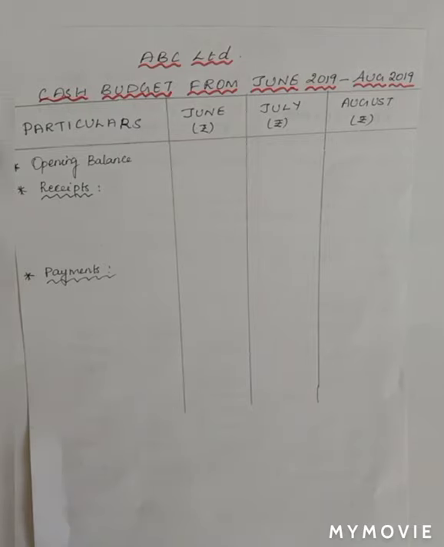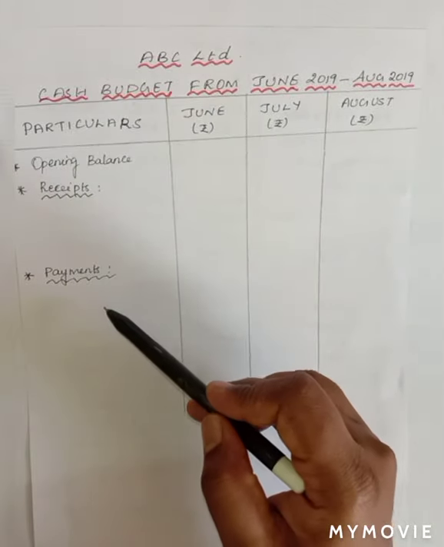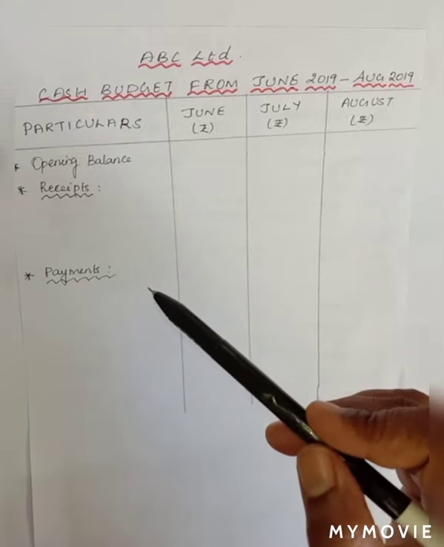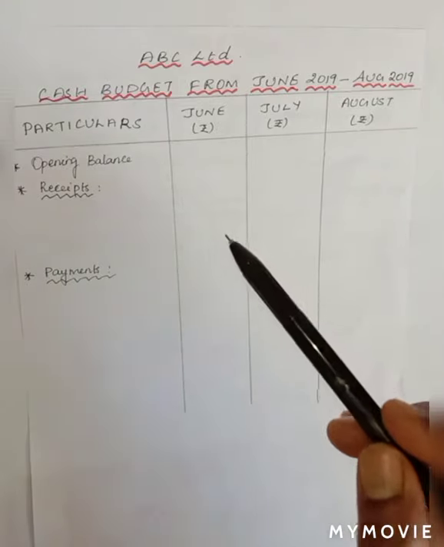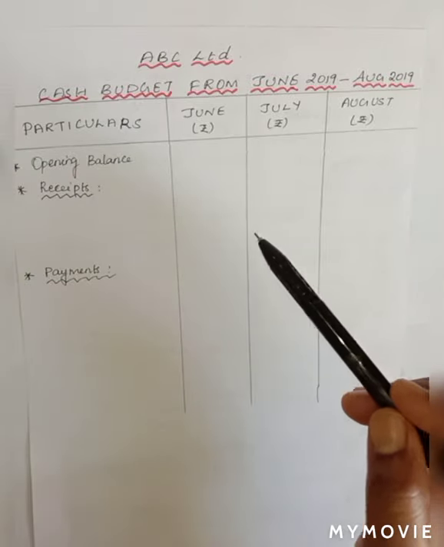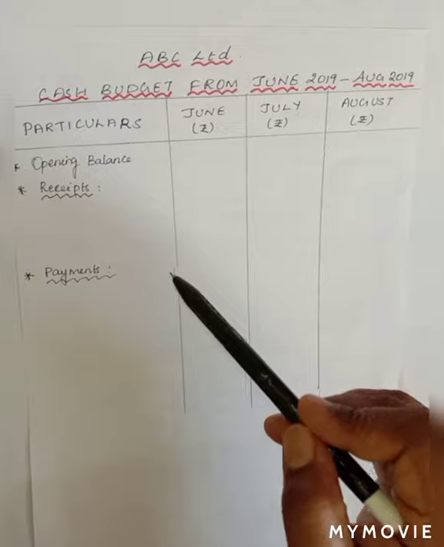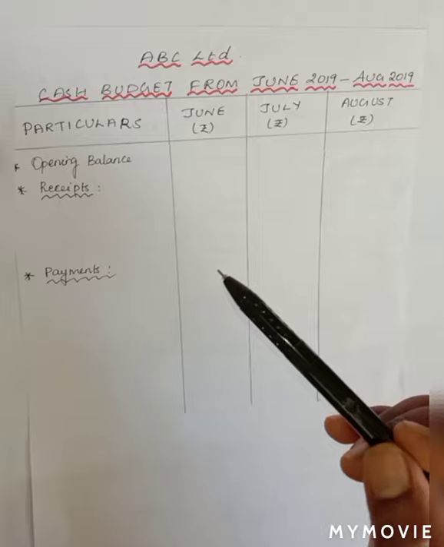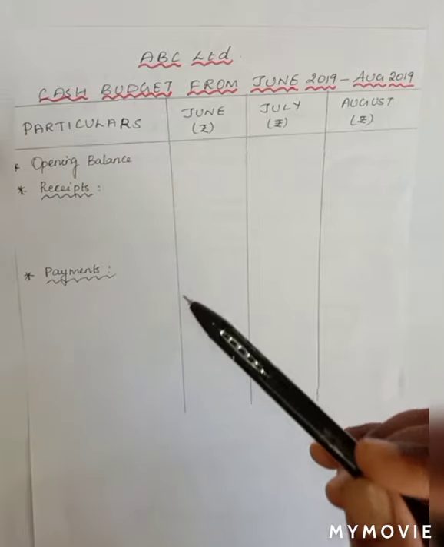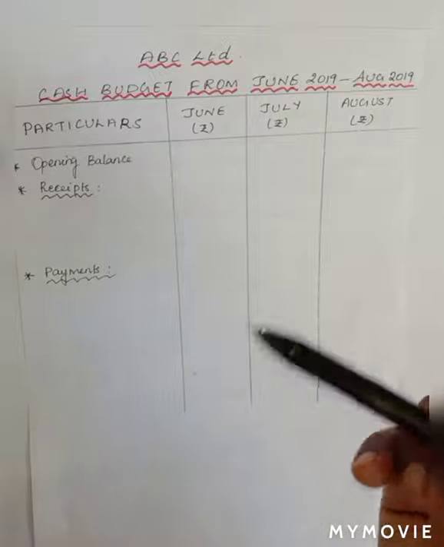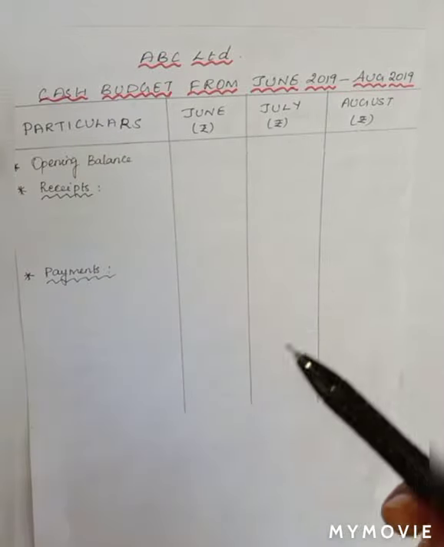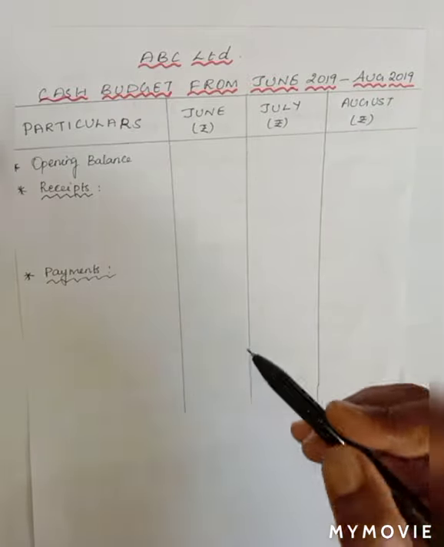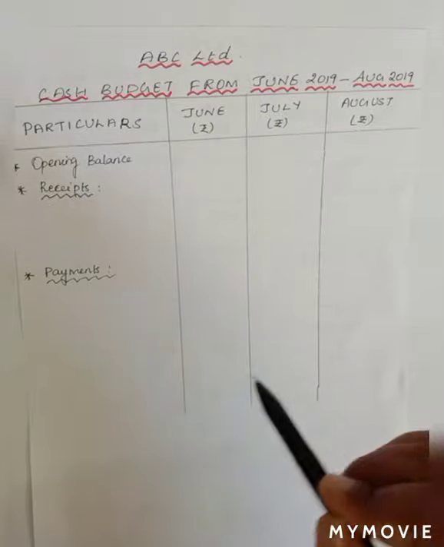Okay, so you can see that I have written opening balance, receipts and payment. To put it in very simple terms, out of your receipts you are going to reduce your payment, and you are going to see whether you have enough cash, surplus cash or deficit cash. If it is deficit, what to do? If it is surplus, what to do? If you are resulting in surplus cash, you can go in for short term investments, small investments, or you can use those funds for other activities. If it is a deficit, you have to control or match up that deficit using your bank loans or bank overdrafts. Okay, that is the benefit of cash budget.